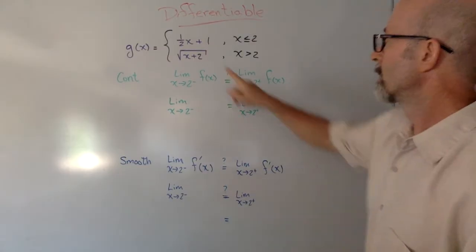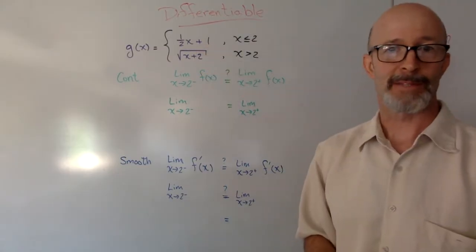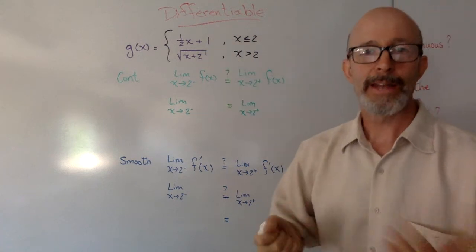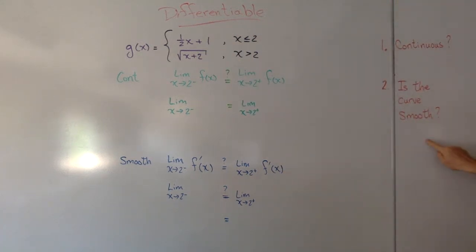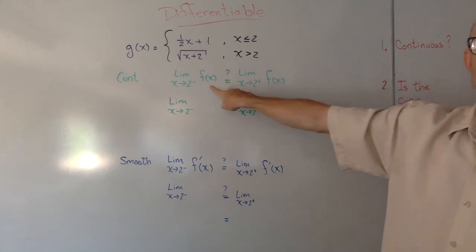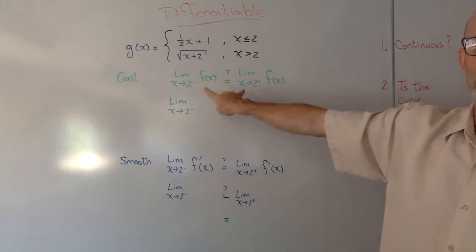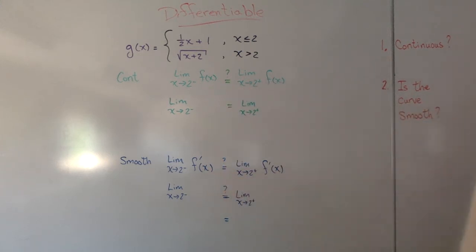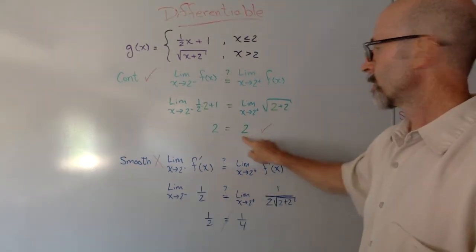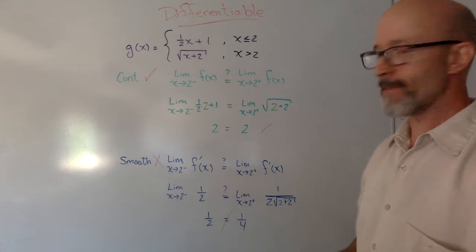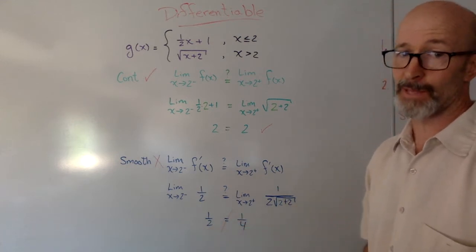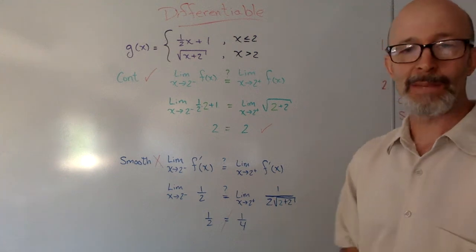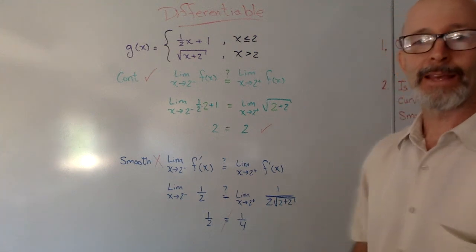Another example, notice I've changed the function from f to g, and I changed these. Another example, let's see if this one's differentiable. Is it continuous? Is it smooth? Are the functions approaching the same value on the left and right? Are the derivatives approaching the same value on the left and right? As we can see here, the actual functions approach the same value, but the slopes are going to approach something slightly different. They're close, but they're not quite right. Therefore, there's going to be a little bit of a cusp there. They are not